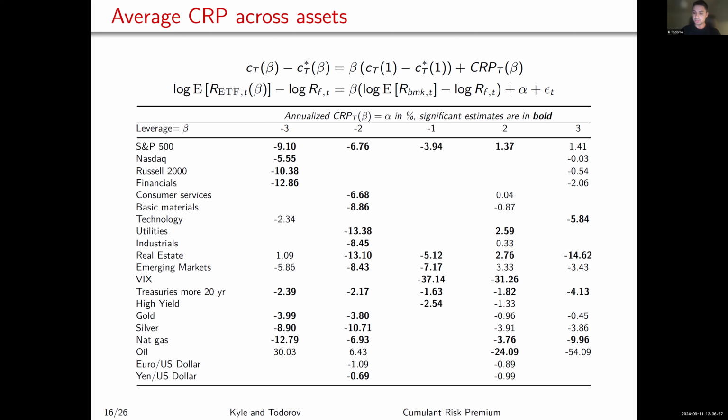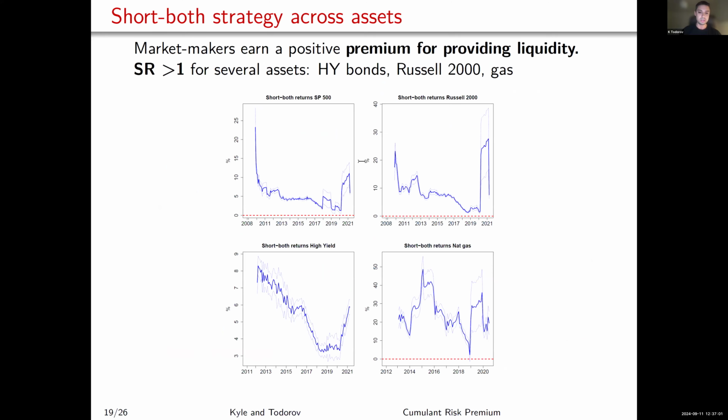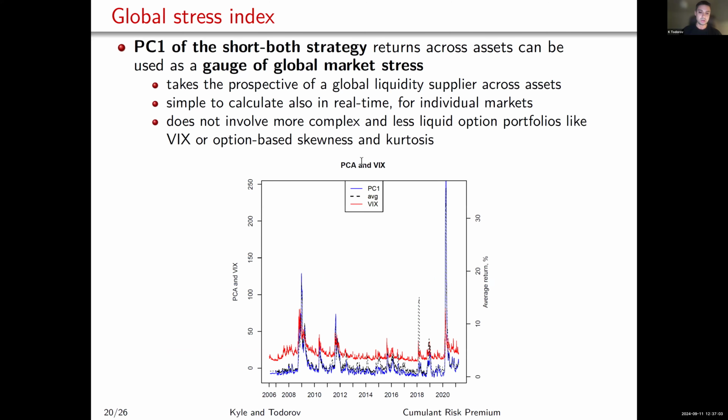So the benefit of our index is that it's based on all asset classes that you see on this slide. So it's not only S&P 500 options, but also commodities, currencies, bonds, high yield bonds, corporate bonds. And we take the average return of this short vol strategy across these asset classes. So basically we put ourselves in the shoes of a liquidity provider who is trading globally across markets and is providing liquidity to all these ETFs and is exposed to cumulative premium in every other asset class. So in that sense, our index is taking a more global perspective.